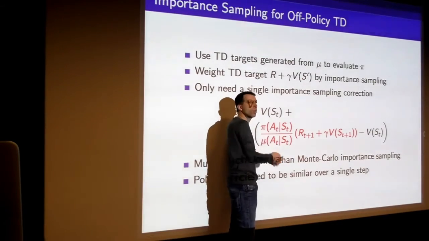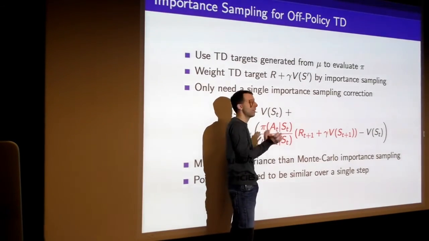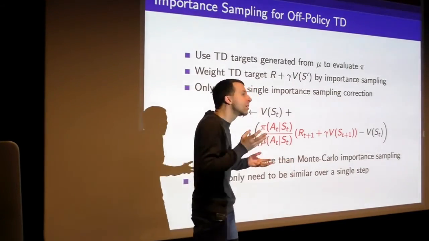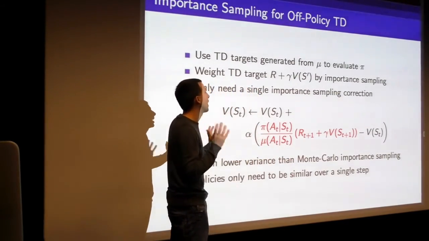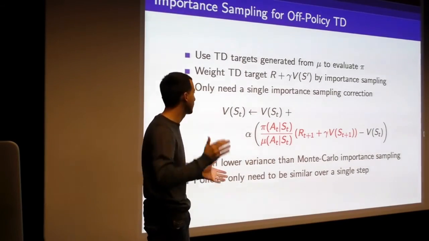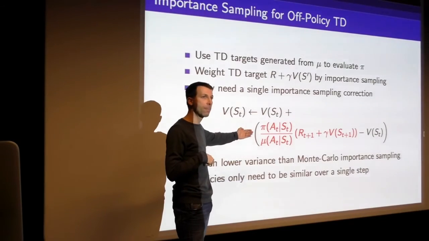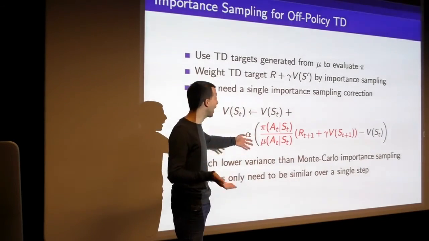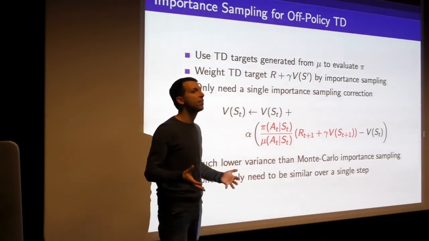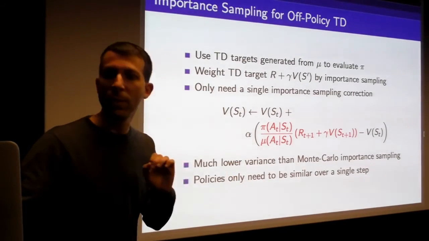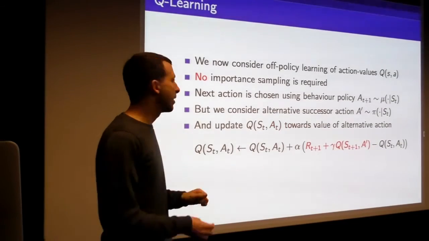If these don't match at all, we can't consider this. Essentially, this basically leads us to infinitesimally reject something or to take huge account of something. So you can still get high variance. We still increase the variance by importance sampling, and it can still blow up, but it's much, much better than Monte Carlo. Now, the idea which works best with off-policy learning is known as Q-learning.